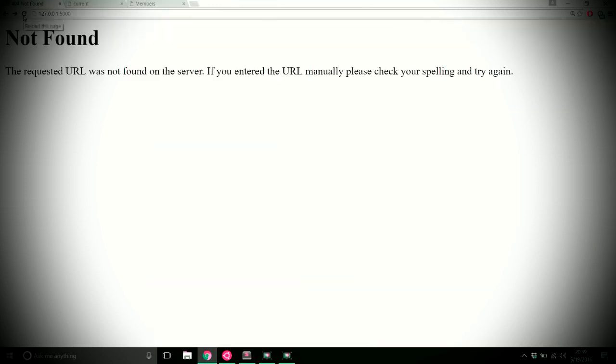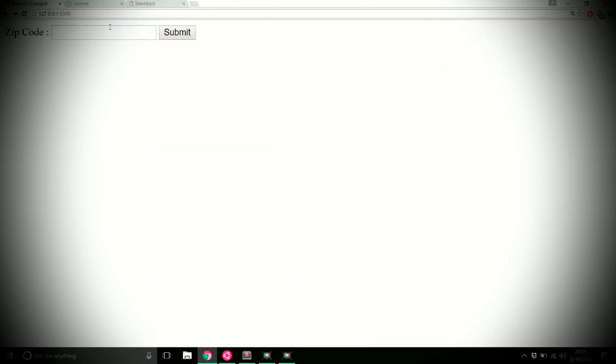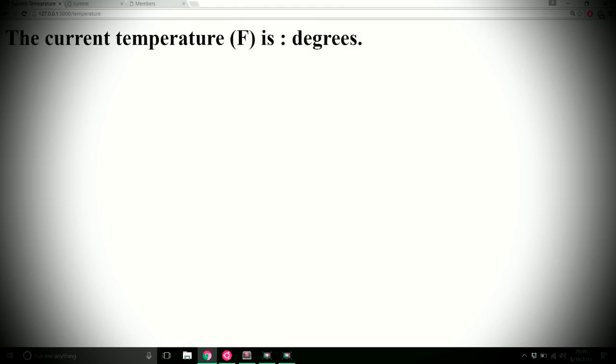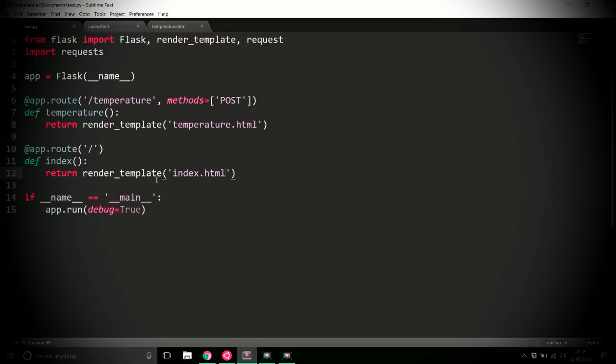Okay, so let me start the server, and I will view the page. So nothing yet, but now I see zip code, and then it gives me a form, and then when I hit submit, it sends me to the temperature page, and there's no temperature value, so it just says the current temperature is blank degrees. So now let's fill this in. The most important part is the temperature route. I actually don't have to do anything for the index, but the temperature route, I'll have to actually call the